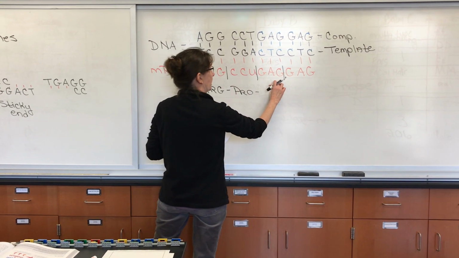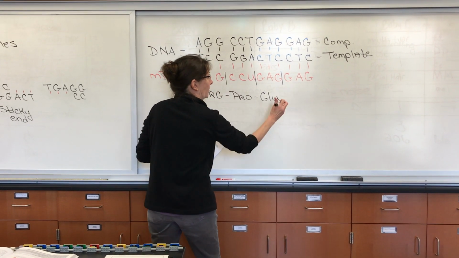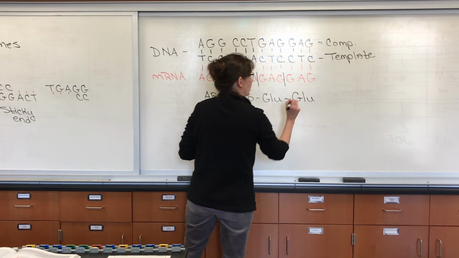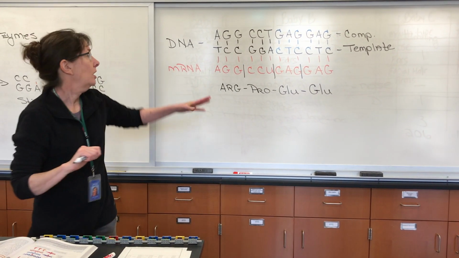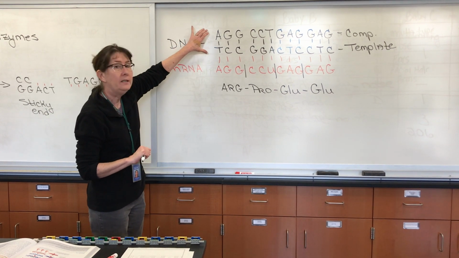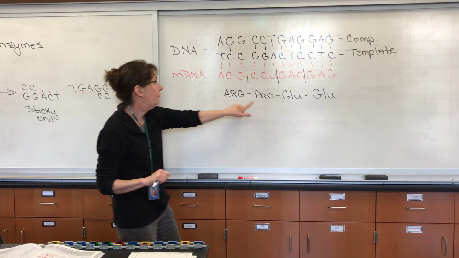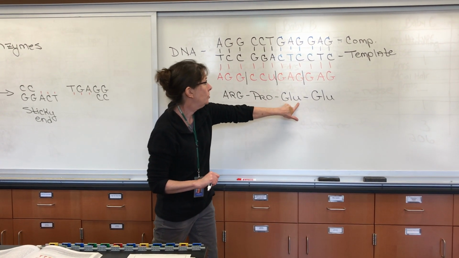And GAG is going to code for GLU, and now we have GAG again, and now we have GLU again. So this section of our normal DNA that codes for hemoglobin would have the 4 amino acids ARG, PRO, GLU,